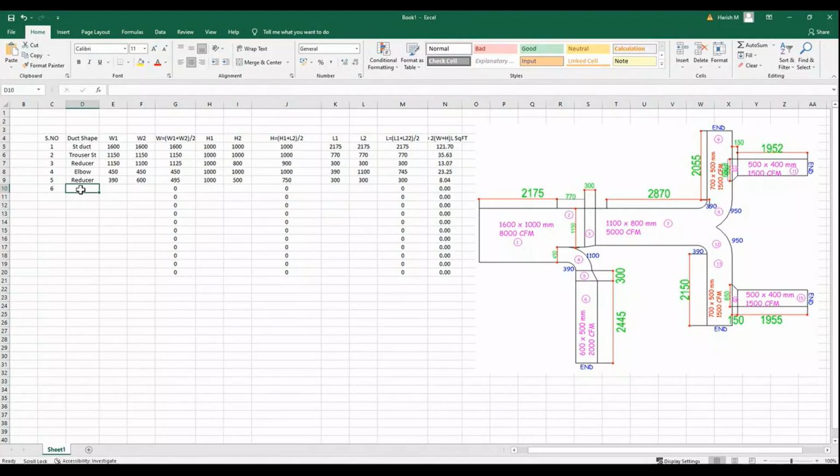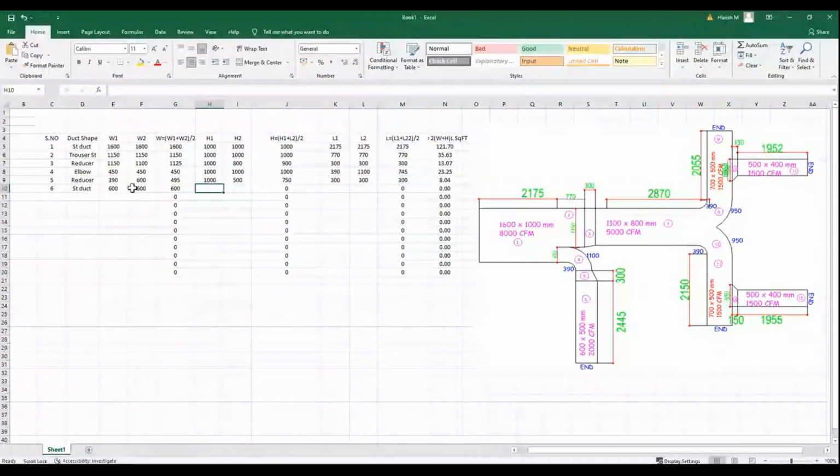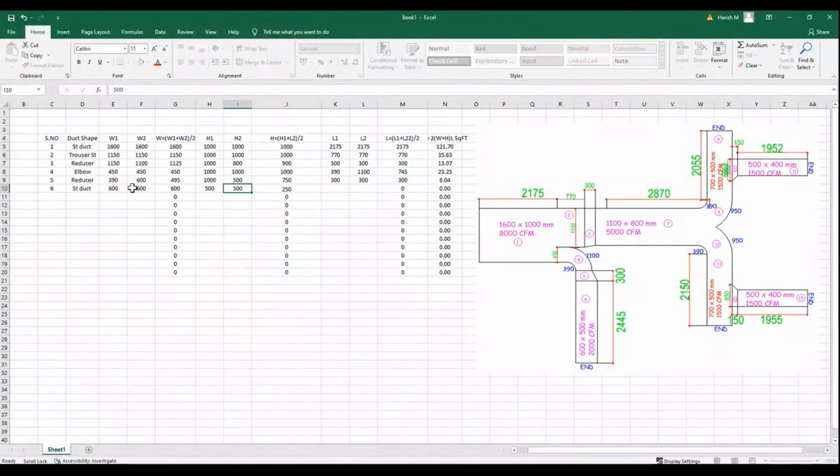सेक्शन 6, 600 विड्थ कितना है? 500। हाइट कितना है? विड्थ लेंथ कितना है? 2445 बस खत्म। सेक्शन 6 भी हो गया। सेक्शन 7 अगेन, सेक्शन 7 इज, इधर एक चीज आपको ध्यान, दिस लाइन,